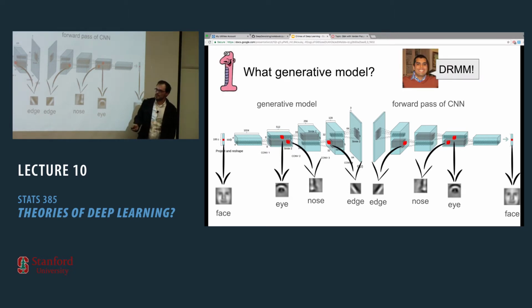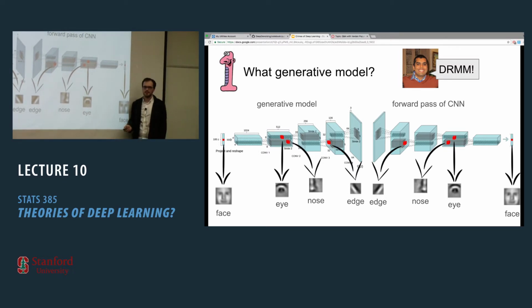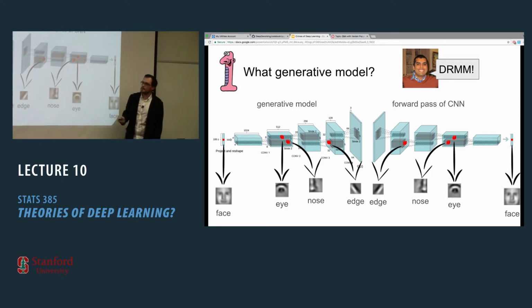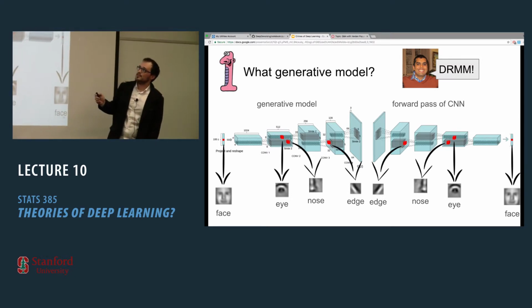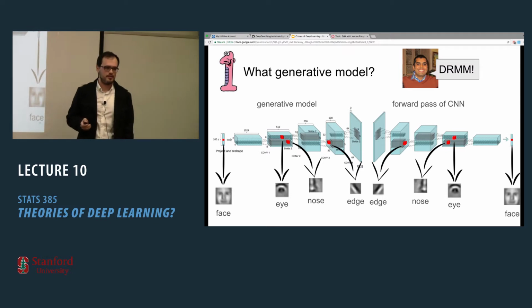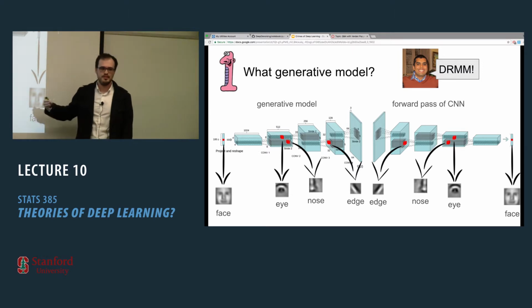Now, there are many questions that originate from the words generative model for CNN. The first question is, what generative model? Is there a generative model? Is there a single generative model? So in this course, we've already seen this gentleman, Ankit Patel, talk about the DRMM model. And in his case, he showed how the DRMM basically results in an inference stage that is nothing but the forward pass of CNN. Later, I'll explain what is the relation between this model and other generative models.